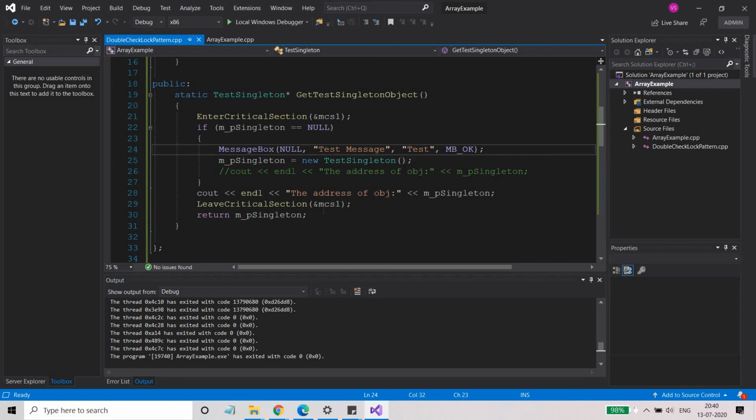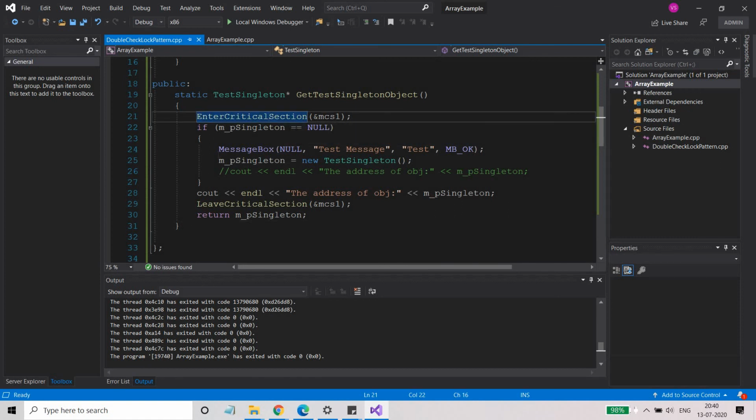So if I just do this, it is going to wait here, because one thread is here. One thread is waiting on this critical section object, and until the other thread is done and leaves the critical section for this function, it will not be able to enter the critical section.